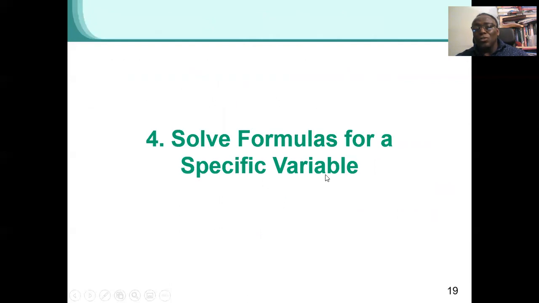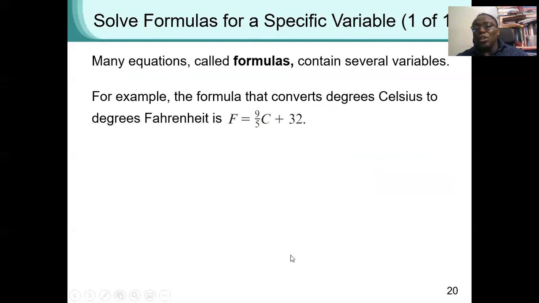Now, solve formulas for specific variables. The rules of equality, addition, subtraction, multiplication, division, we can use to solve any linear equation. Or we can also use the same simple equations with different formulas. So for example, here we have a formula saying F equals 9 by 5 C plus 32. This is normally the Fahrenheit and Celsius degree formula when we are converting. So here, if I'm looking for C,